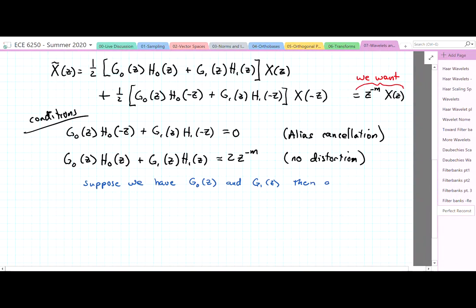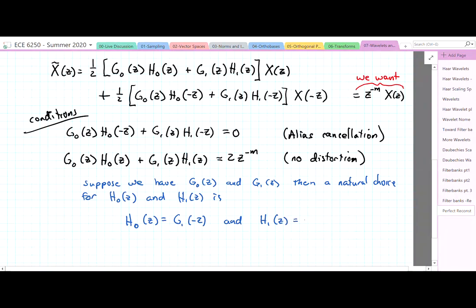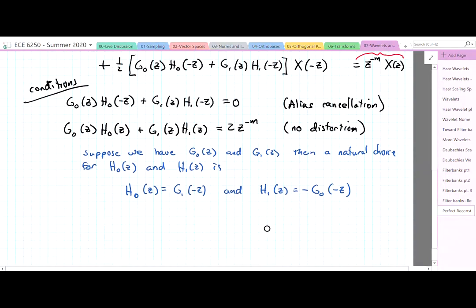Then a natural choice for our H's is H naught of Z is equal to G1 of negative Z, and H1 of Z is equal to negative G naught of negative Z. Okay, so this isn't going to solve everything, but with respect to our aliasing cancellation, let's see